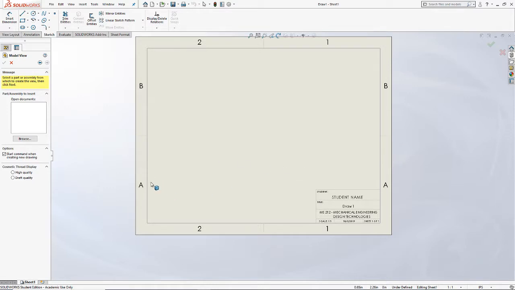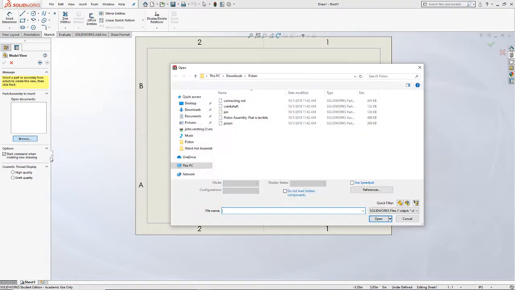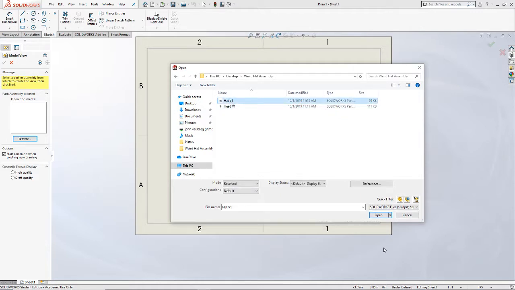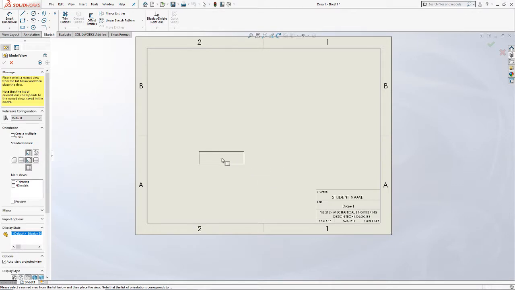The scaling should make more sense for what we're actually doing. So now, within this interface, we can actually create drawings for the parts that we want to. For example, if we wanted to create a new drawing for, I don't know, what was something that we made last time? Oh, I've got it, weird hat assembly. If we wanted to create a drawing for the hat, we could just select hat, click open, and then remember,